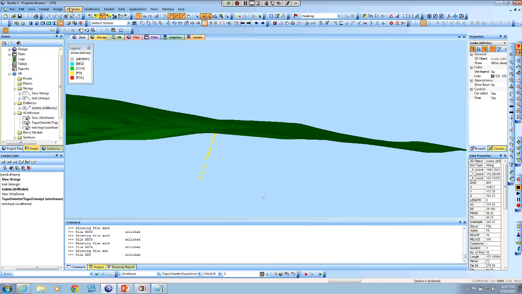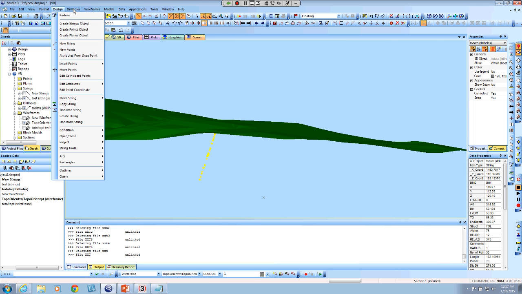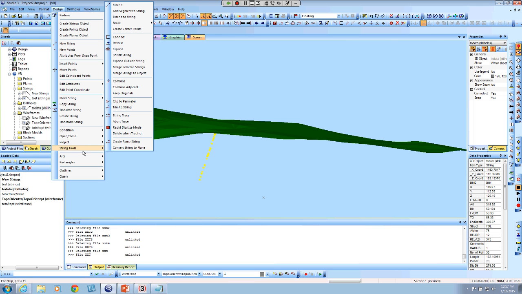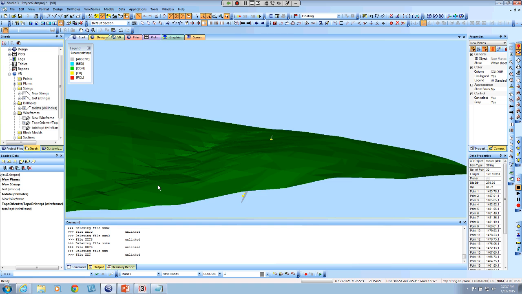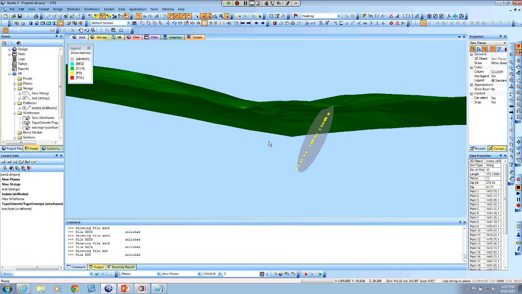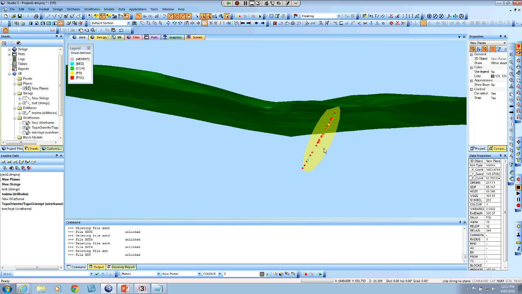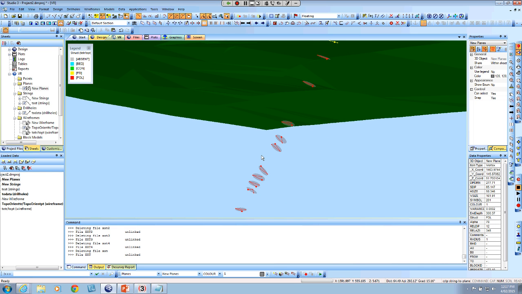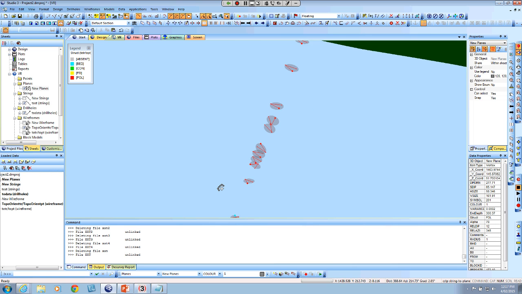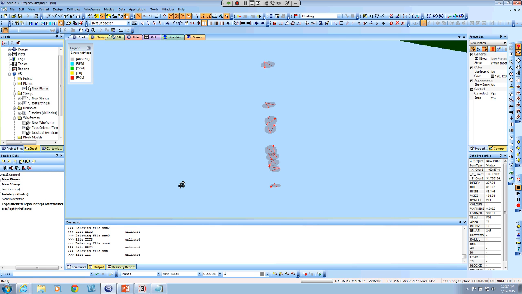Then I'm going to come up to Design, String Tools, Convert Strings to Planes. And it creates one vertically because that's down the drill hole. But if I delete that out, yes, and I zoom right in, you'll see that each of my strings have got a plane along it. Now that's got a dip and a dip direction with that plane. They're the planes over on